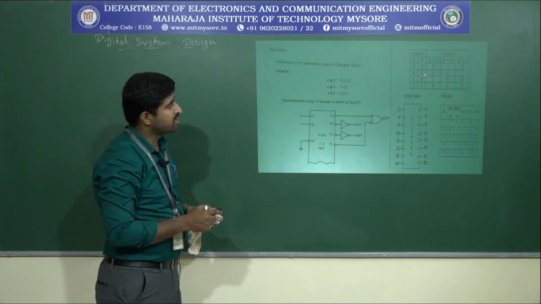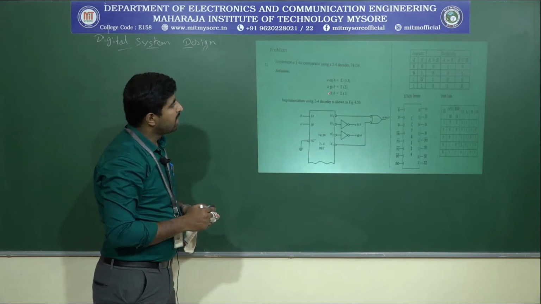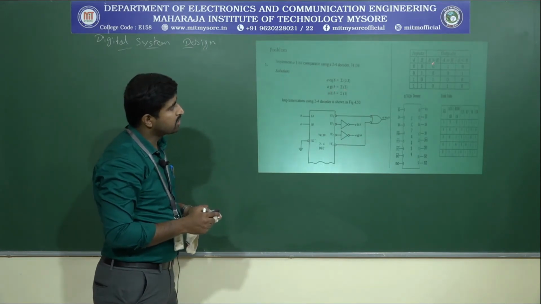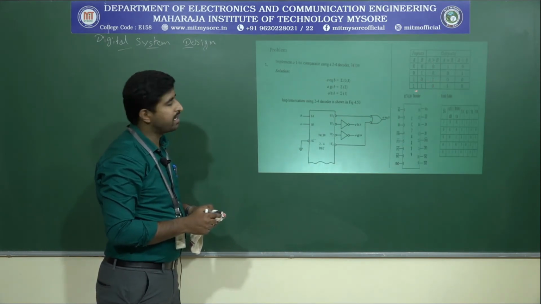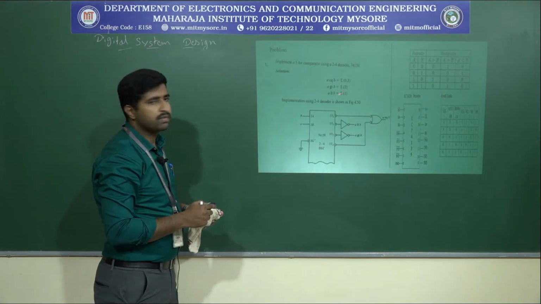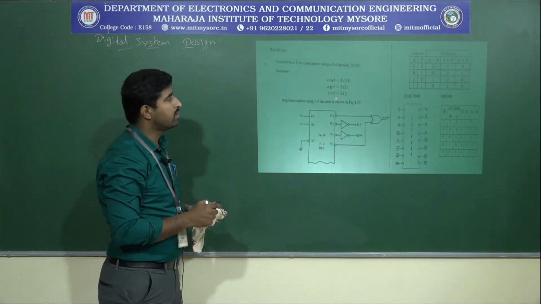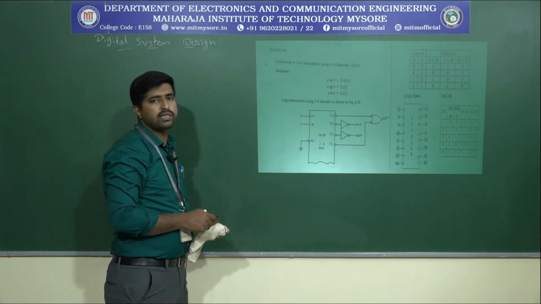I have given it here just to make understanding easy. A greater than B will be equal to the summation of 2, because only when the combination is 1, 0 will A greater than B be generated. So that is why the equation is summation of 2. Similarly, A lesser than B will be equal to summation of 1. We need to implement this by using the 74139.